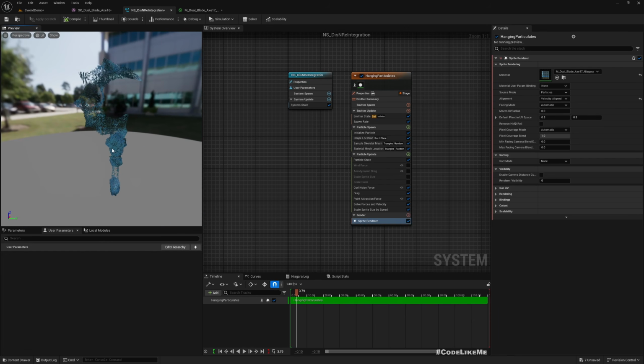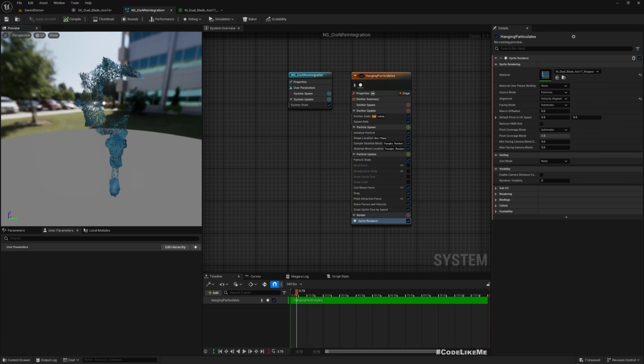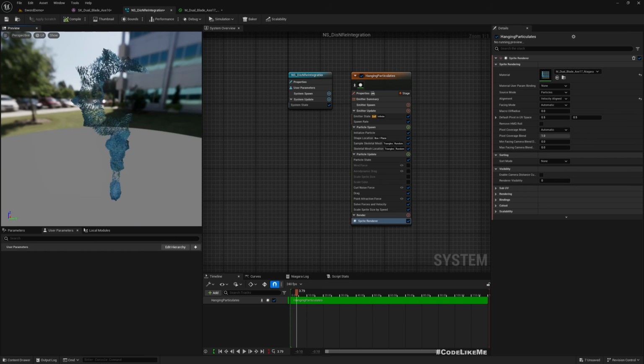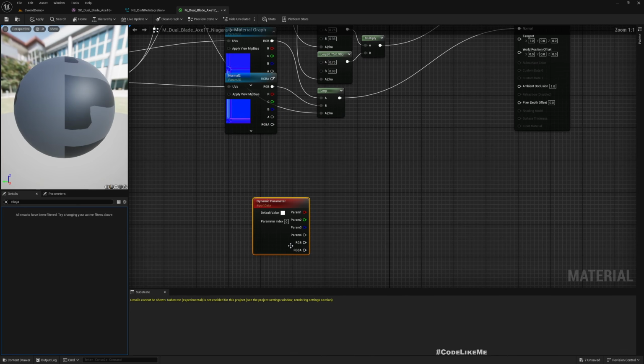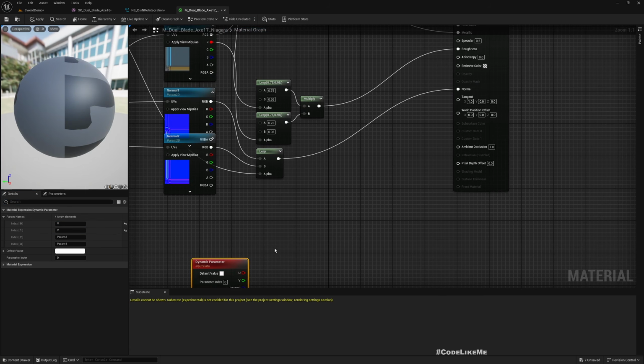So in order to get the exact color as on the surface of the mesh, we need to feed the UV details into this material. We can do that using this dynamic parameter node. Here I'll change this parameter to U and this parameter to V, and then